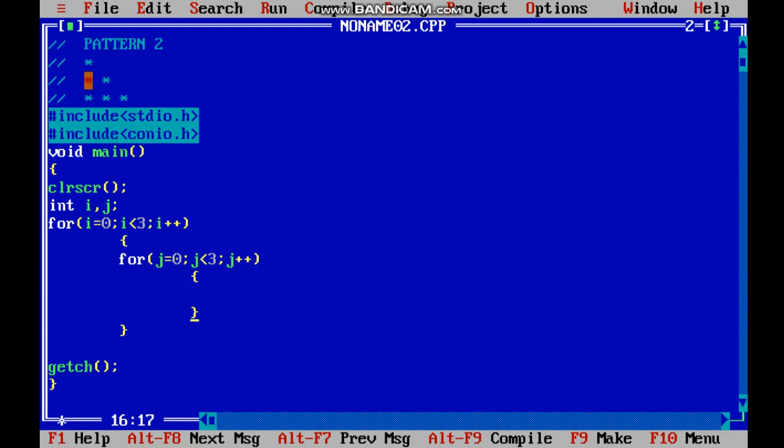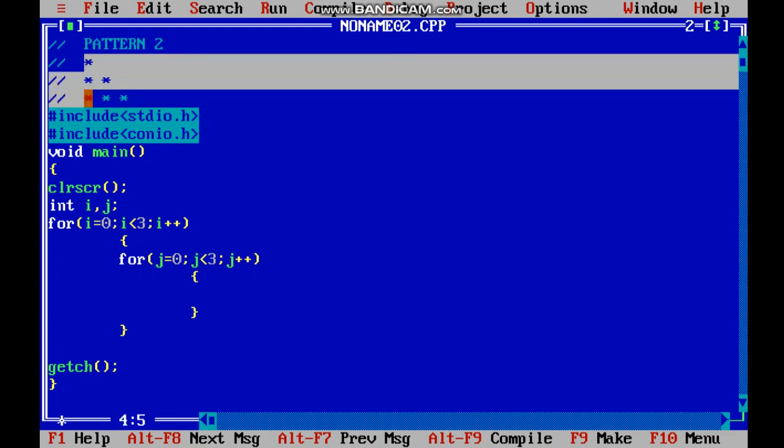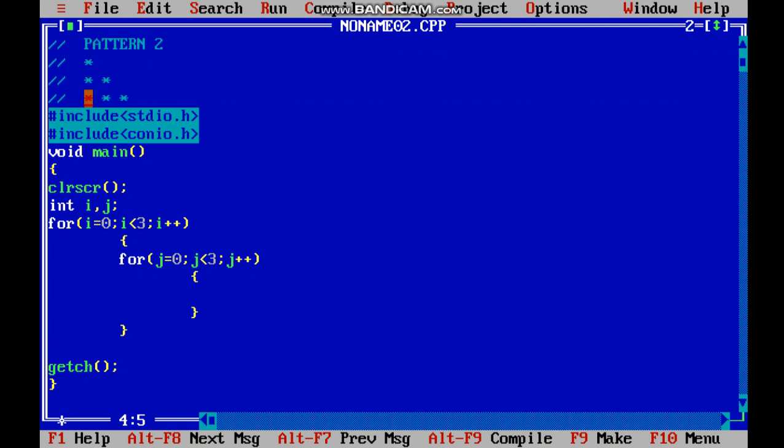That gives us rows. Do not get confused that we are getting the asterisk. No, we are only getting the cursor in these 3 rows, only the cursor, and what we need to print, the printf function will decide whether you print asterisk or question mark or exclamation mark or whatever you need to print, but the pattern is this. But according to the question you need to print asterisk, and when we open the curly braces, again a for loop is encountered,